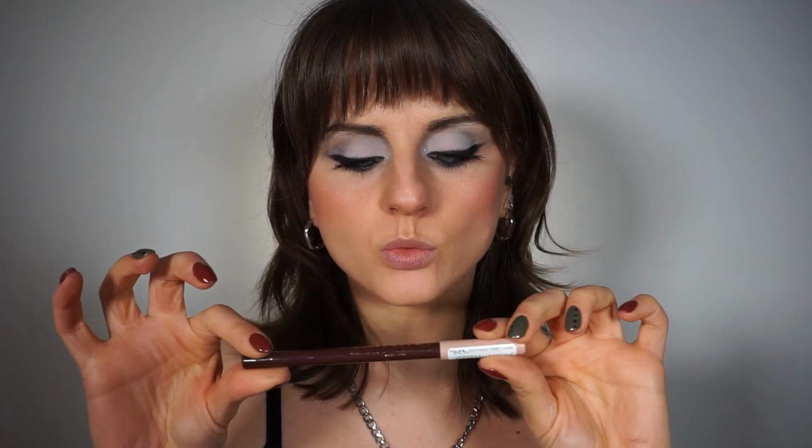I hope I won't regret my lip choice. But I'm gonna line my lips with the Lifter Liner from Maybelline in the shade Cross the Line, which is a very dark brown. And I'm gonna try to create that contrast with the lip. So let's see how that goes. I can't help but blend the edges a little bit. Again, risky choice, but before the gloss I'm gonna apply a little bit of matte lipstick